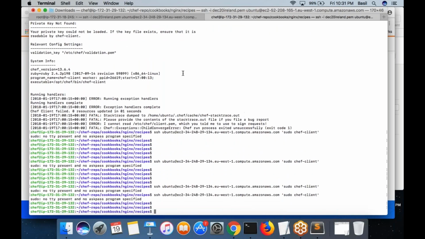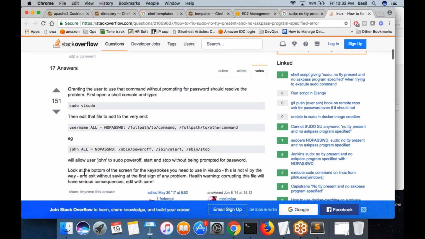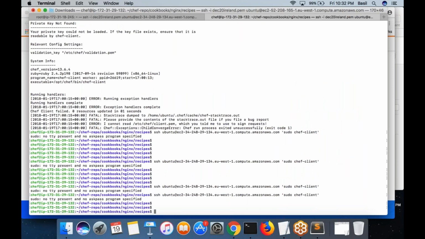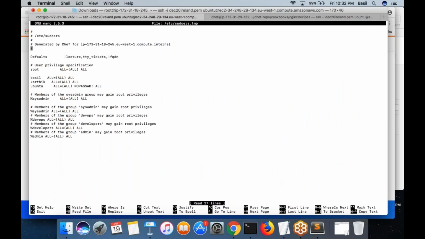I think I just messed up the sudoers file. Something wrong I did. ALL equal to no password. I already did that. Ubuntu ALL=NOPASSWD. Okay, I think it has something to do with this file only.